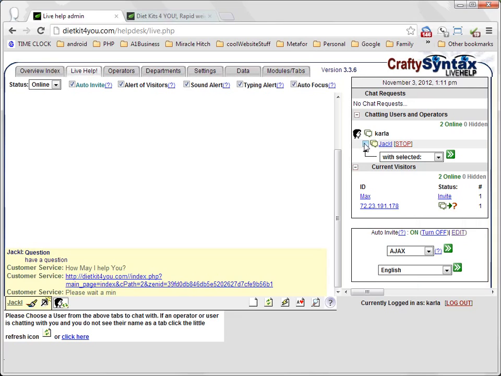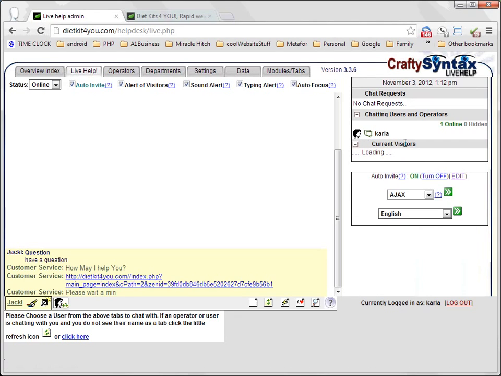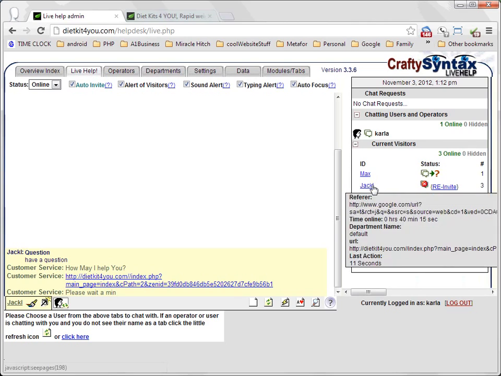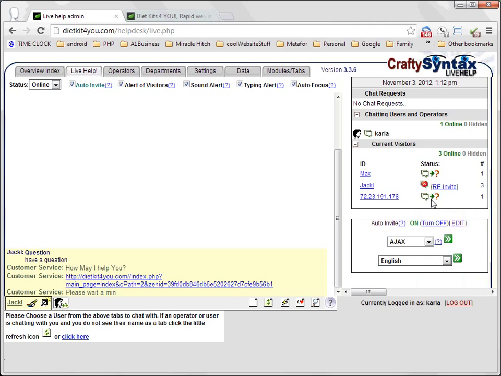And what we could do is invite him. Okay, we'll stop talking with Jack. Let that update. Now we see that auto invite is on. And we can re-invite Jack. We can see on this other computer screen